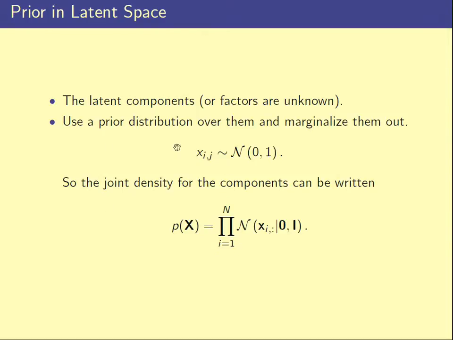So how do we deal with these unknown factors? Well, in linear regression, to do Bayesian linear regression, we used a prior over the matrix W. We said that we're going to sample from W to find out what the weights of our regression function are. In principal component analysis, we put the prior on the other place. The unknown thing is x.